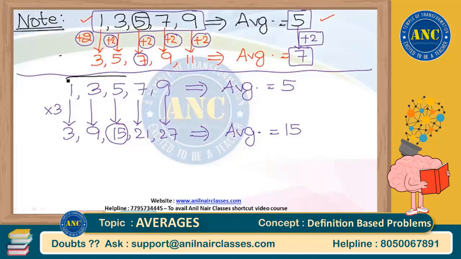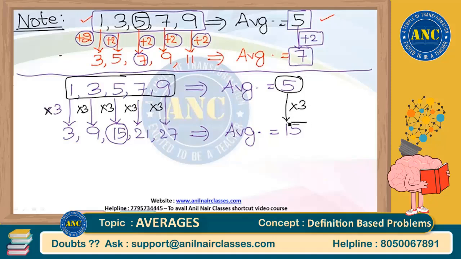Again listen to my statement very carefully. My original series is 1 3 5 7 9. My original average is 5. If each number in the given series is multiplied by 3, my average will also multiply by 3. 5 into 3 is 15. That is what I got here also. That means in simple language,